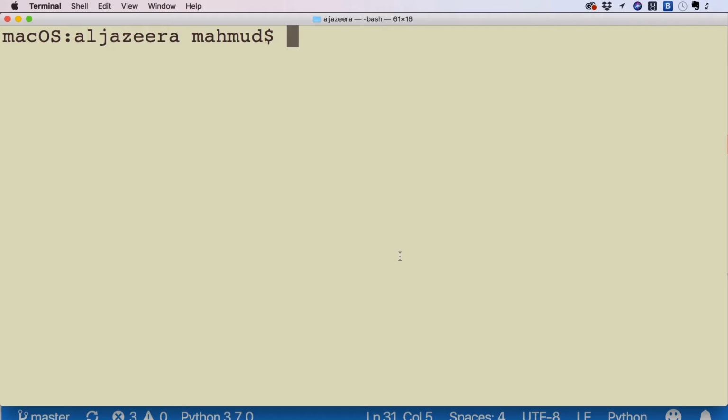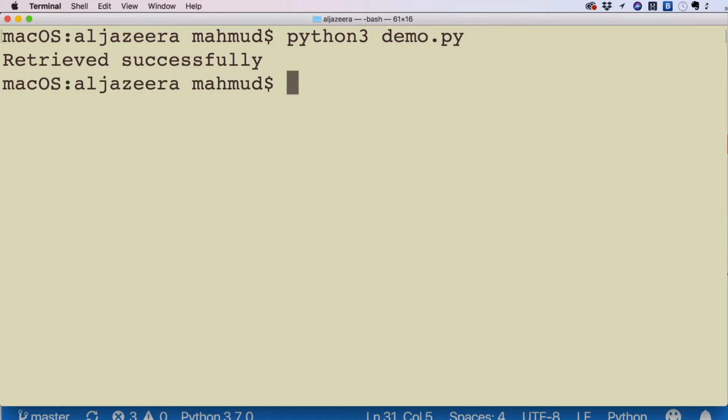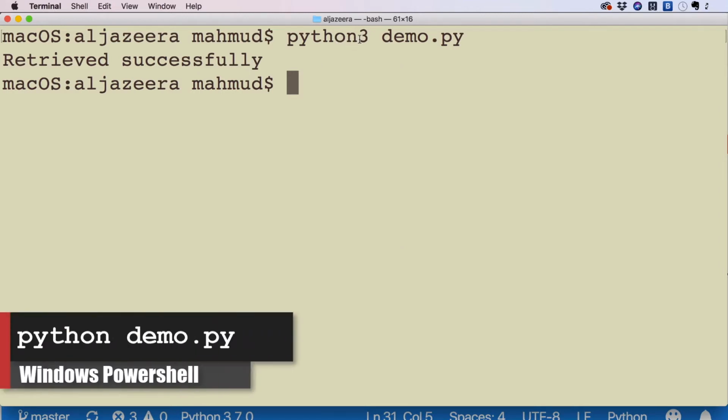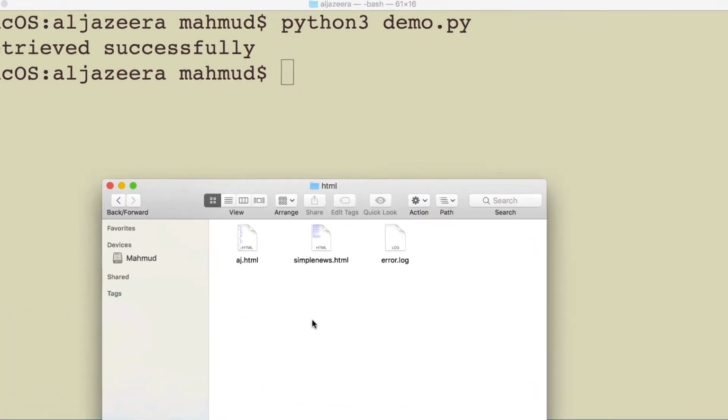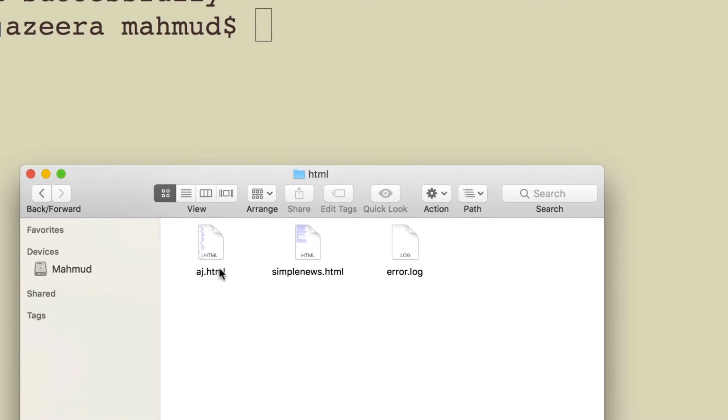Let's run the program. In Mac I have to type python3 then demo. If I run this, I am seeing here "retrieved successfully." If you are in Windows, you have to type just python, skip the 3. And then if I go to the project directory, I am seeing that there are 3 files